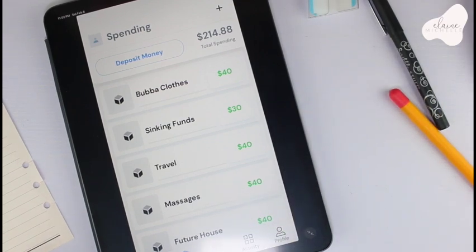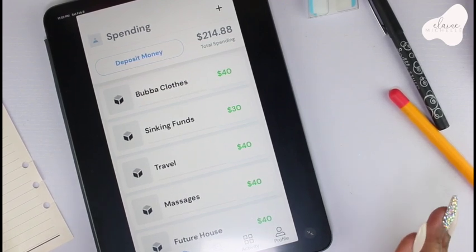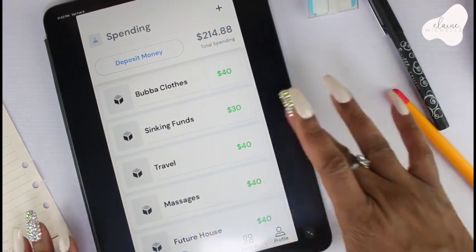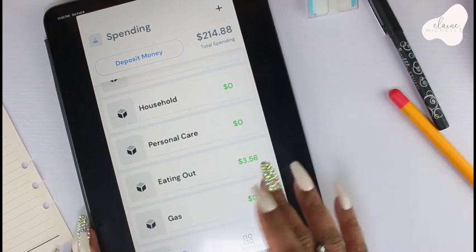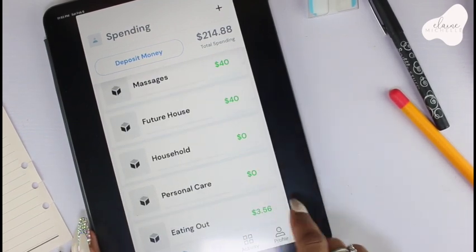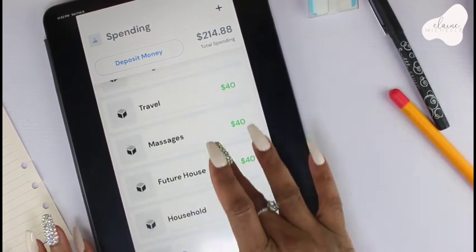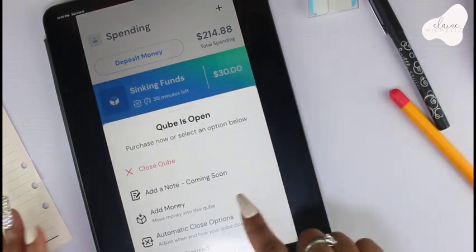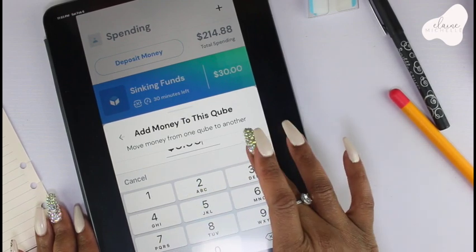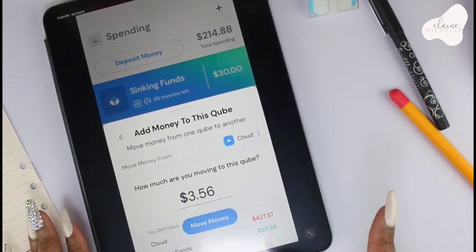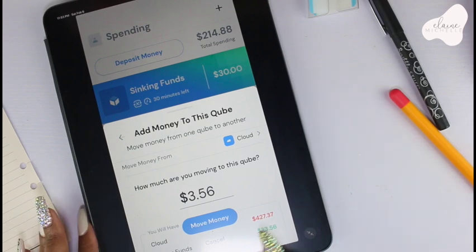All right. So step 2 is to move all of the extra money from my cash envelopes to my sinking funds. That's what I've done so far, so I just want to go ahead and redo some more of that. Like I have $356 in the eating out category, so what I'm going to do is just move that into my sinking funds. So I'm going to add money, and I just said $356, and we're going to change where we are moving that to, right? So we're going to move money from